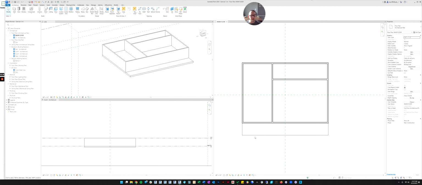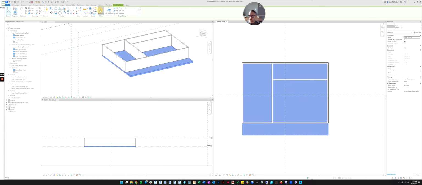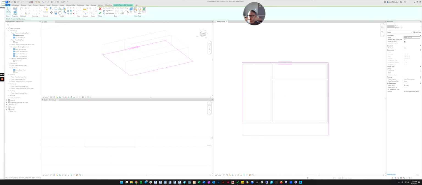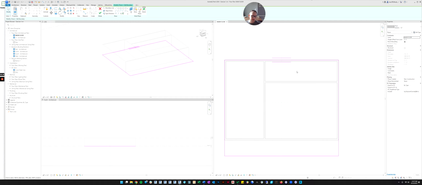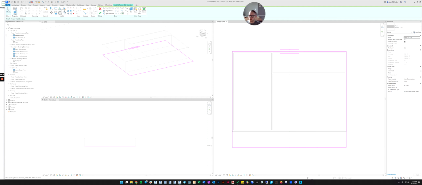Okay, so it's pretty straightforward. Let's go back into the sketch and you'll notice all of the same modify commands are there. You can align, move, copy, mirror, rotate, trim, extend. And then the other thing you might want is offset. Let's take a second to learn about the offset command.